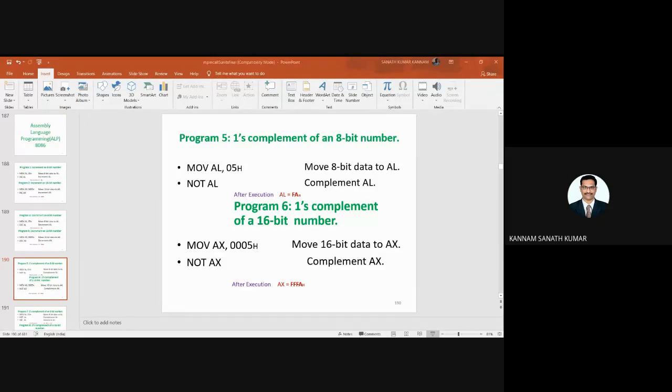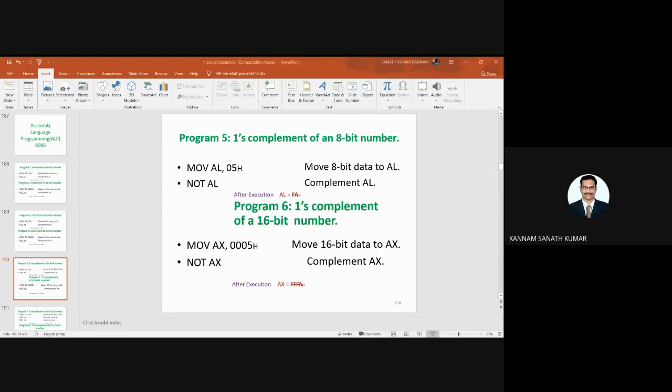So here, if you see, this is 05H. If you convert 05 into binary, you are getting 00000101. Now what is ones complement? Changing ones to zeros and zeros to ones.